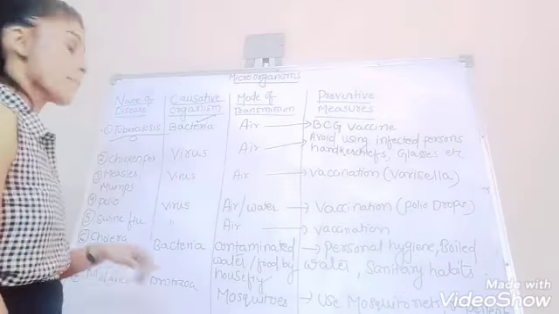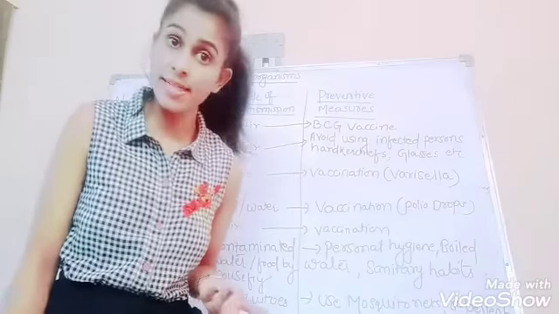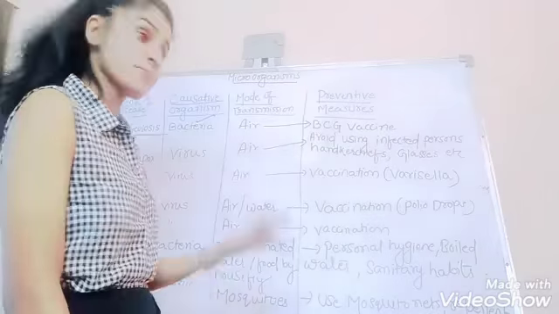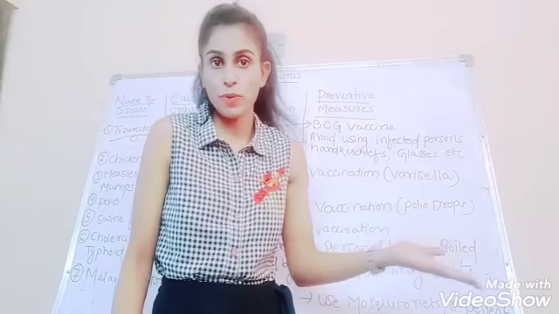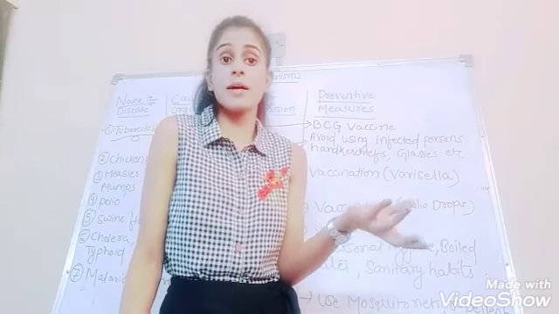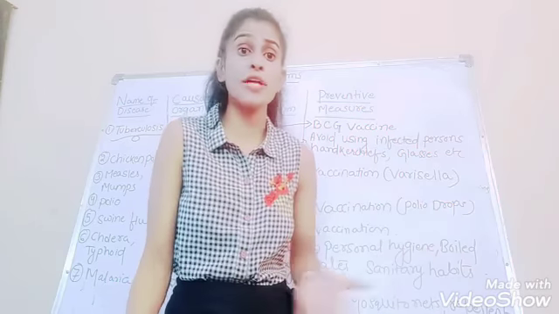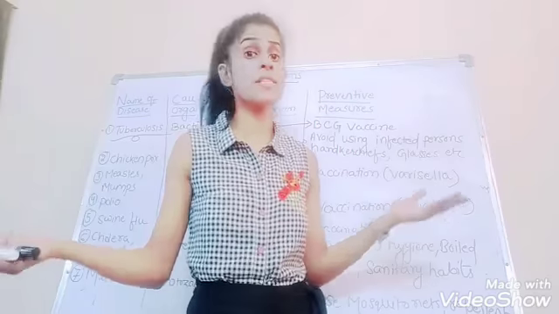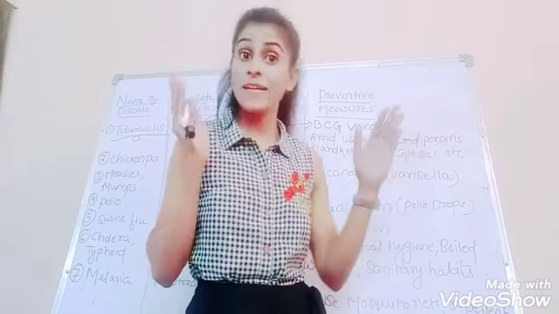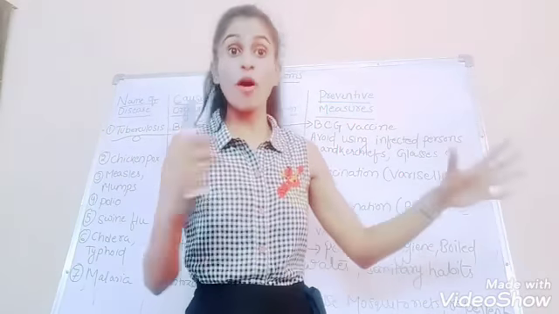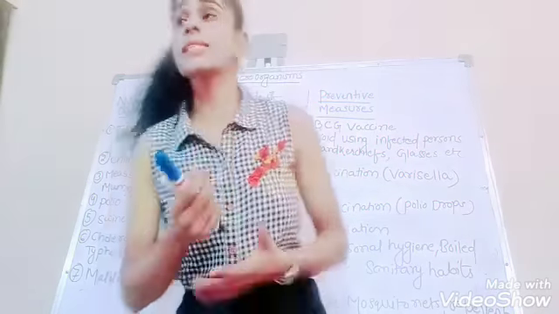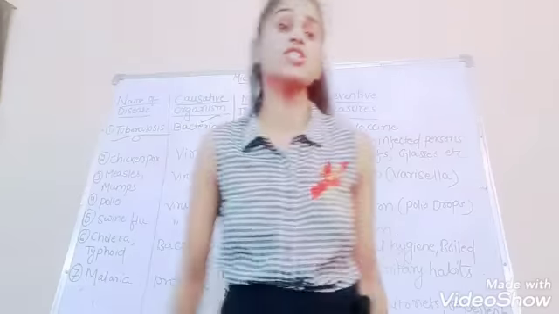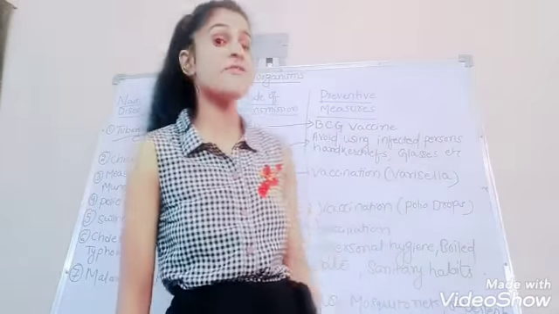So now next, malaria. Yes, of course, we have already discussed that malaria is caused by a protozoan, plasmodium, and its main vector is the mosquito. Whenever we are bitten by a mosquito, then definitely we are going to have malaria disease. And preventive measures means you can use mosquito nets and mosquito repellents. Always clean the stagnant water to avoid the breeding of mosquitoes. So these are some of the diseases you need to remember: the causative organisms, their modes of transmission, and the various vaccines and preventive measures.